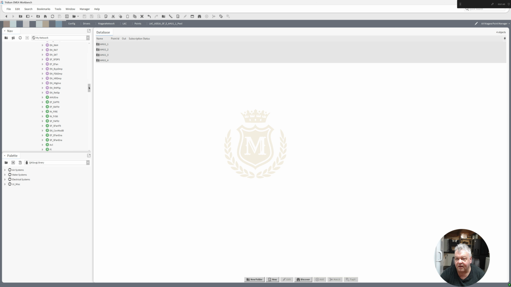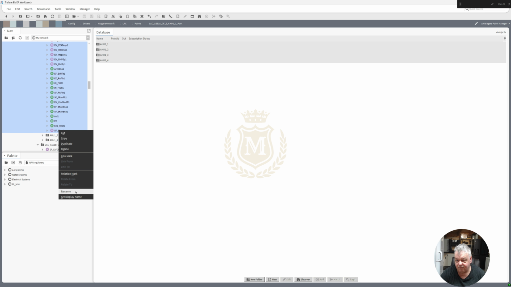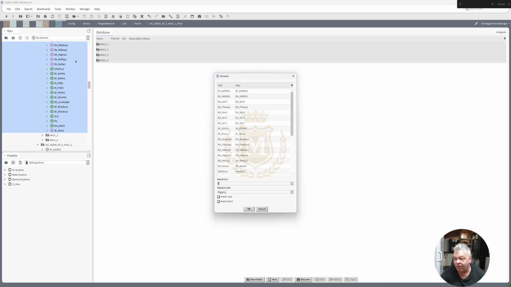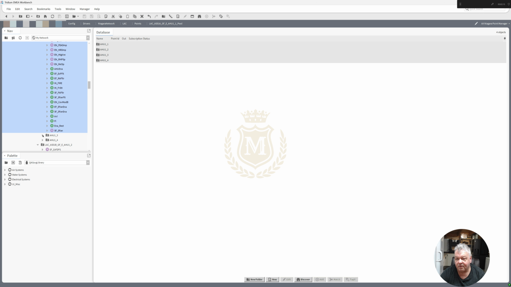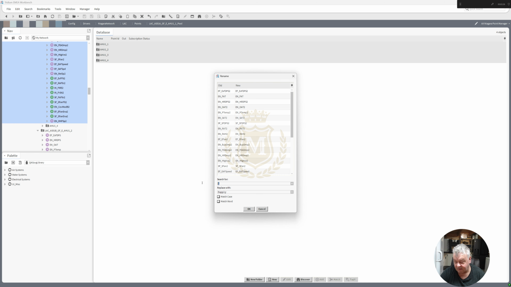So that's the AHUs done there, but I need to rename now some of these points. See these ones at the end? I don't want these ones at the end. So if I highlight them, rename, hopefully there's no other ones in there, i.e. in the middle of the letters, and take out that one. Expand AHU 3, we've got a 2 here, rename, take out the 2,